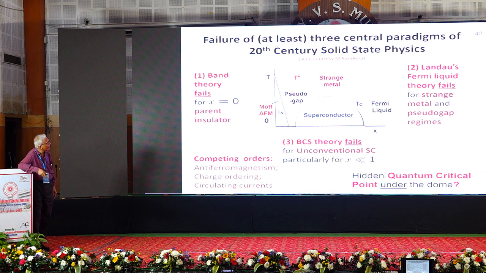And 20, 30 years have given us something that looks like this, a phase diagram as a function of doping, with temperature. At half filling, which is x equal to 0, no doping, it's actually an antiferromagnetic insulator,